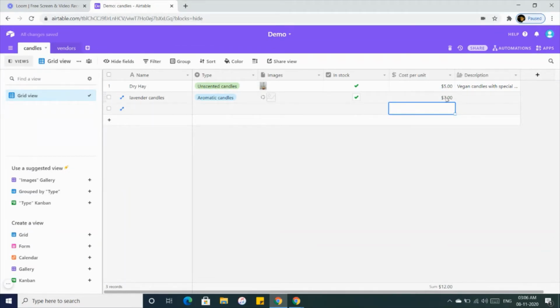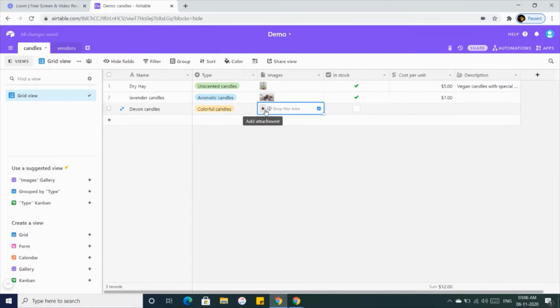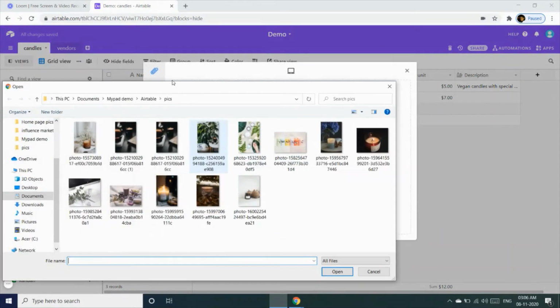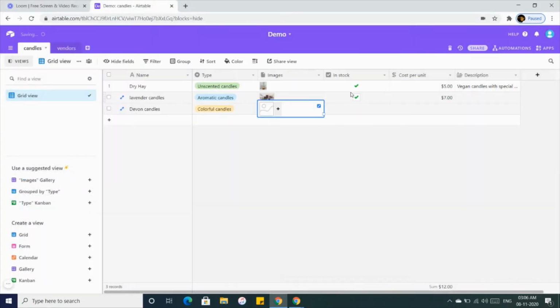So once you attach your files and fill in,